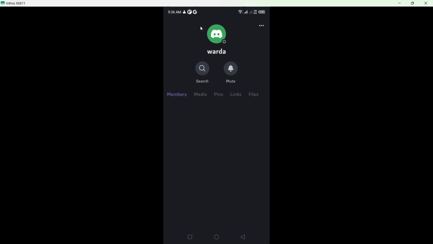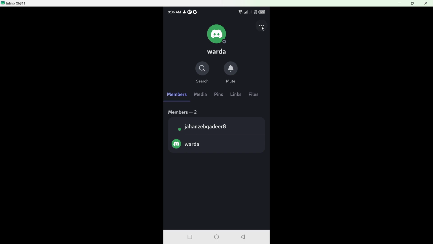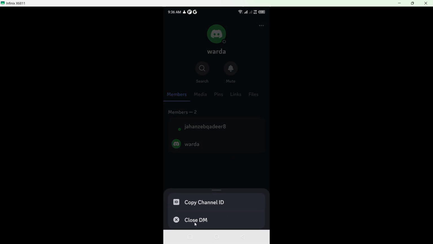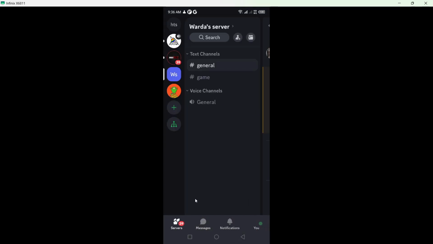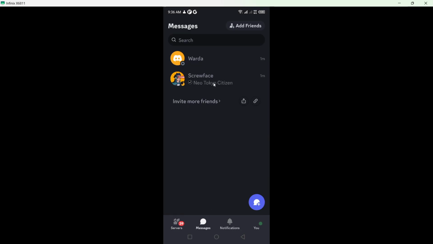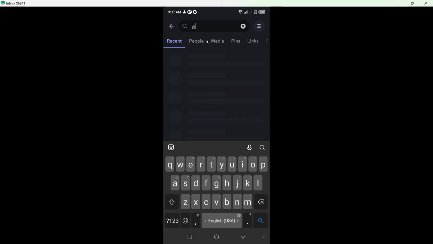And then I need to click on that and click on the three dots. And here I need to click on close DMs. And now that person disappears from here. Here you can see that, and if you want to have that person's closed DM open again, you simply need